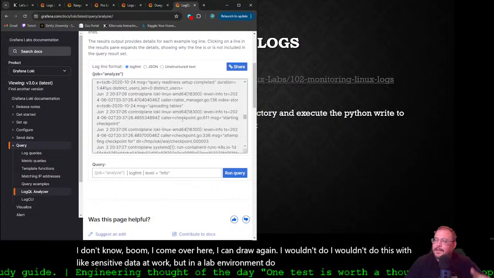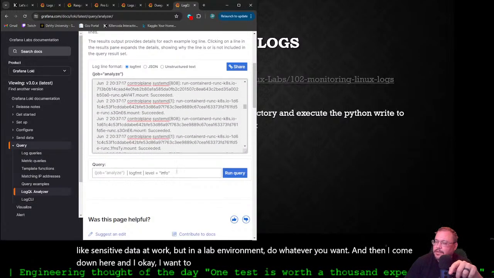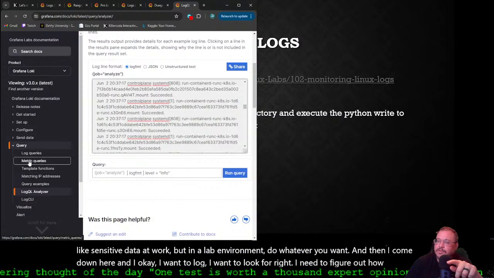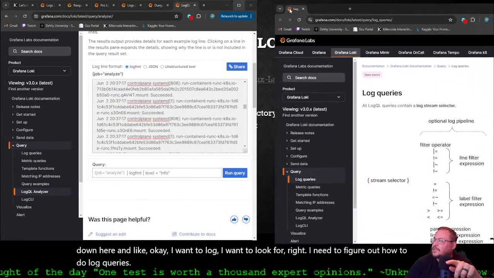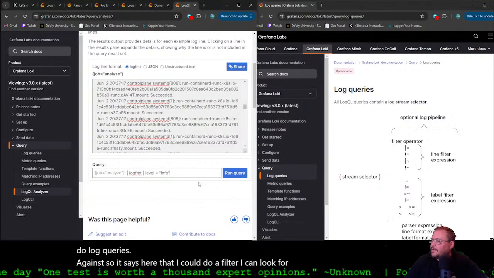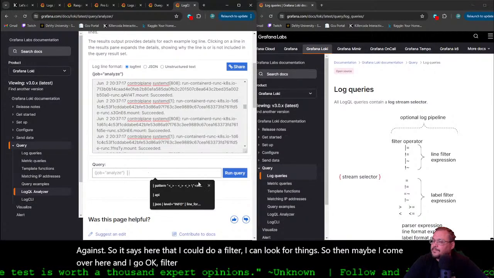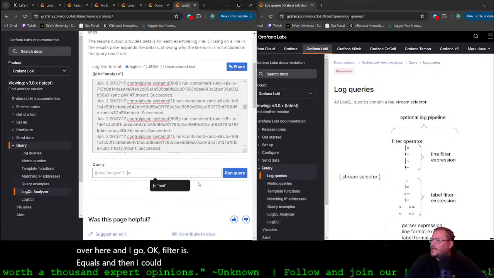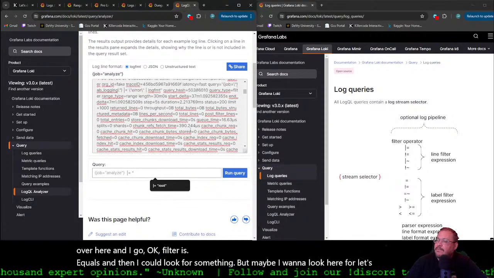I wouldn't do this with sensitive data at work, but in a lab environment, do whatever you want. And then I come down here and I go, okay, I need to figure out how to do log queries, so it says here that I could do filter, I can look for things. So then maybe I go, okay, well, filter is equals, and then I could look for something that's not everywhere.